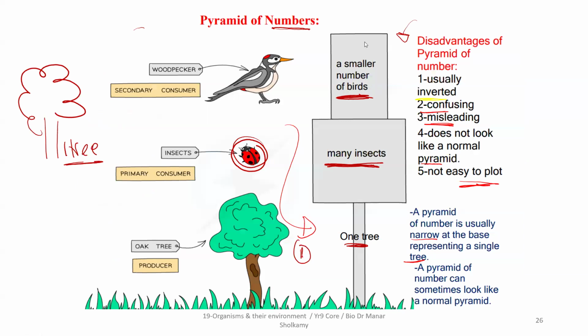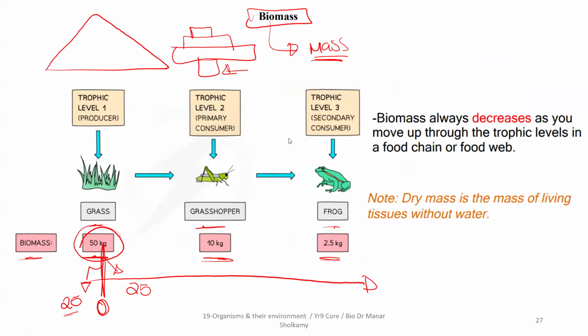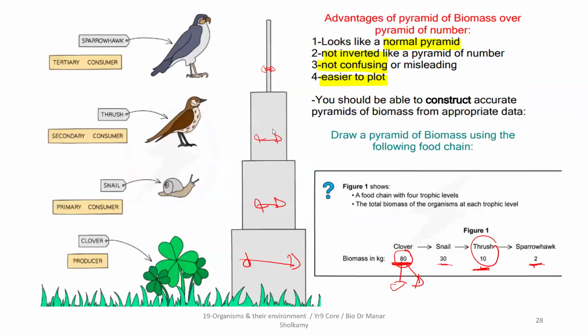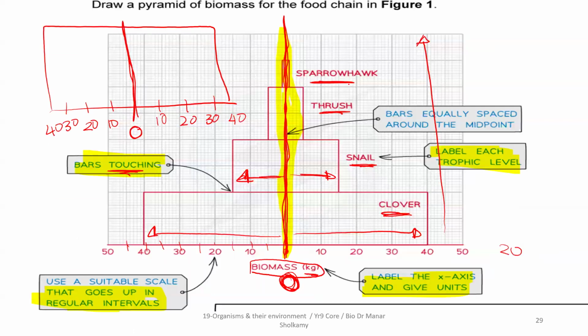We were talking about the ecological pyramids. The last thing we talked about is the pyramid of number, pyramid of biomass. I hope plotting the pyramid of biomass is clear. Now, the advantage of the pyramid of biomass over the pyramid of number is that it looks like a normal pyramid. It is not confusing. It is wide at the base and then it narrows down just like a normal pyramid and it is easy to plot. Okay, again, if you're asked to plot a pyramid of biomass, you will plot a very normal graph,